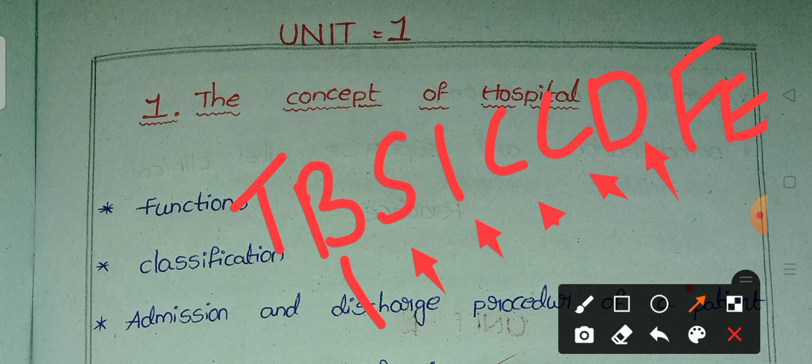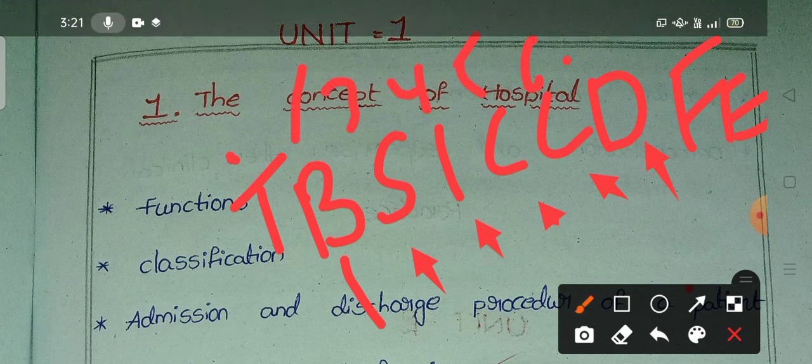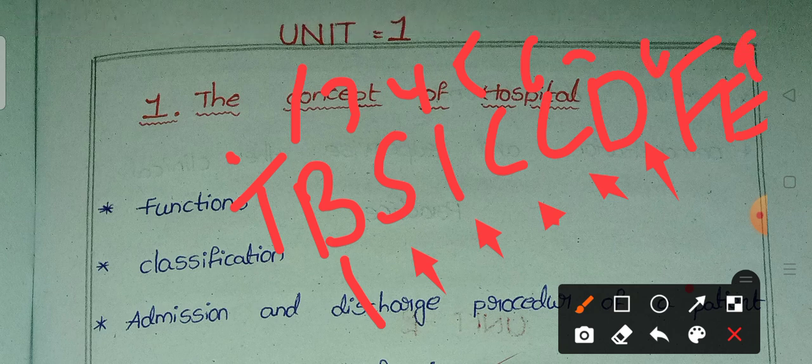How many letters are there in this? 1 2 3 4 5 6 7 8 9. So overall 9 letters, so 9 units will be there. By following this trick you can easily know the total syllabus of Primary Healthcare Nursing: hospital, body hygiene, specimen collection, infection control measures, common health problems, and care of physically and mentally challenged, then drug administration, first aid and referral, and emergency management. So 9 units are there in Primary Healthcare Nursing.